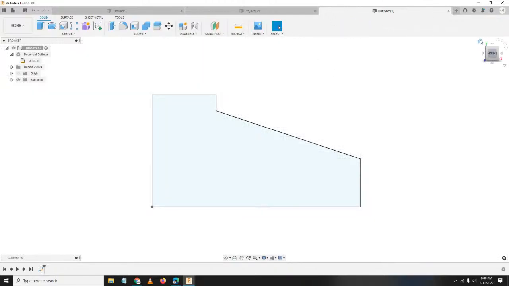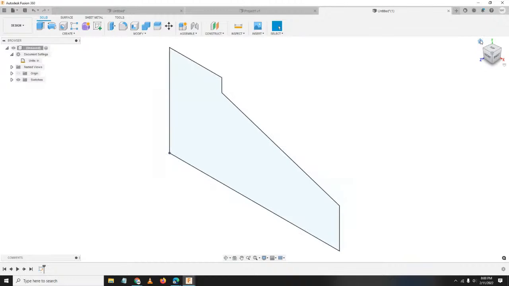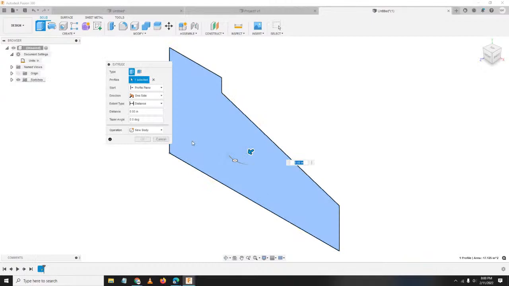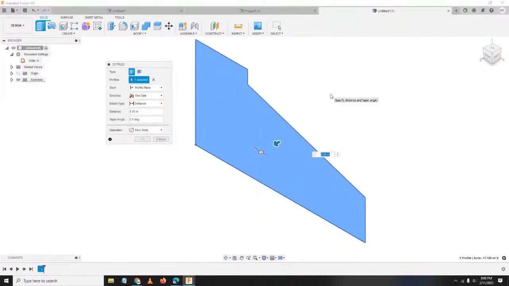Okay. Let's now head over to our home view. Press E, the shortcut key for Extrude, or nandito siya sa solid tab. Click nyo lang tong Extrude, left click. Ayan. So, since we only have one profile, so it's automatically selected na. Okay? So, for the direction, let's change it to symmetric.